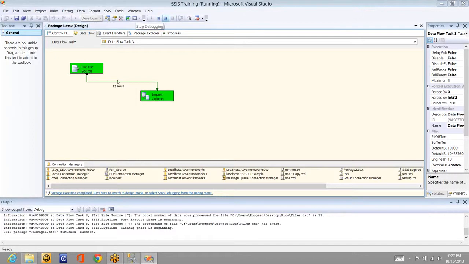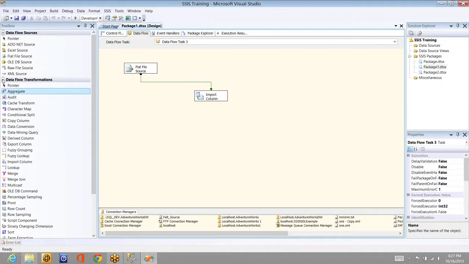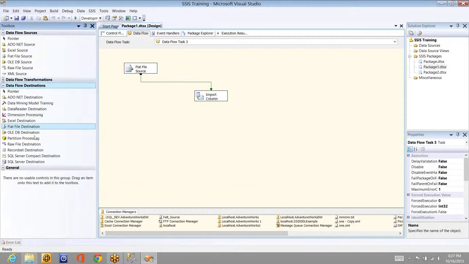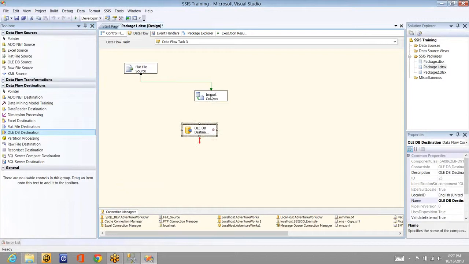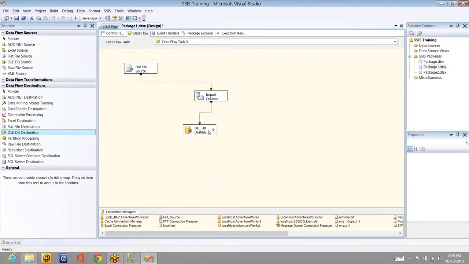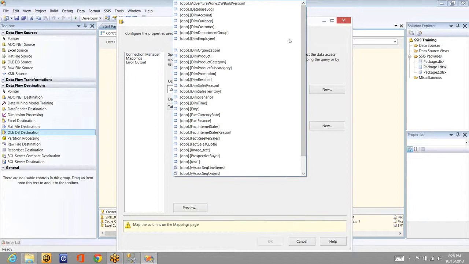Now the next step is exporting. I mean, I'm getting the data. I'm getting the files using this import column transformation. What I need to do, I need to push this to the destination. What is the destination? Here in this case, I'm going for OLEDB destination. Why? Because I've created a database table to which I want to move the data. So if I go here, connect to this, and if I select this, here it is asking for the table which I have to use